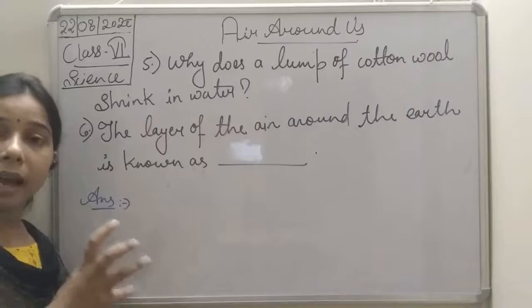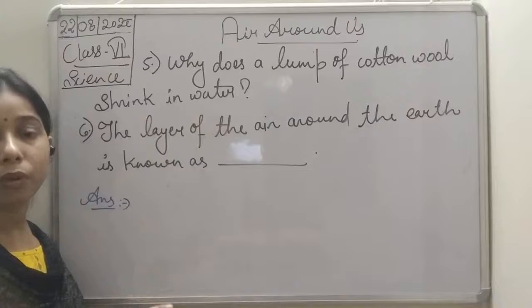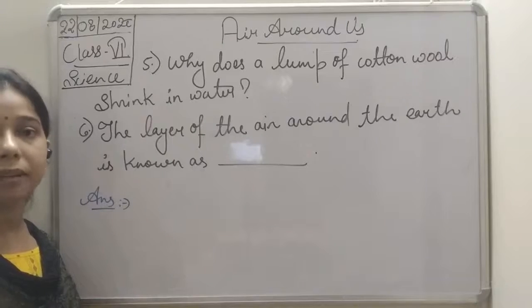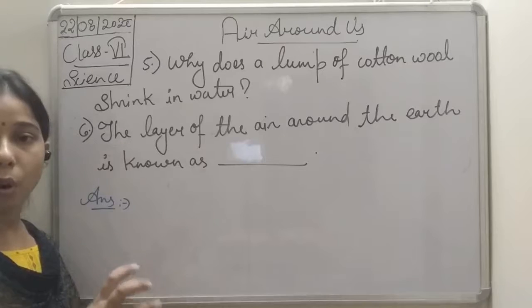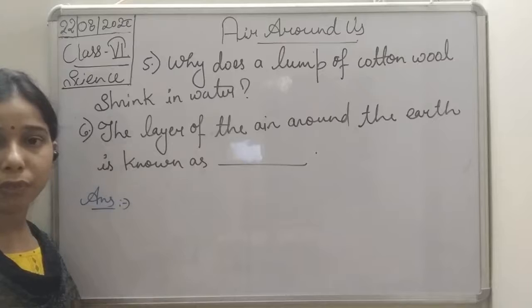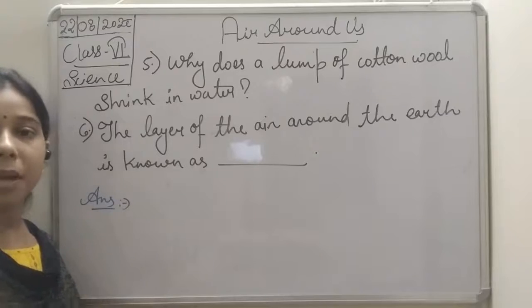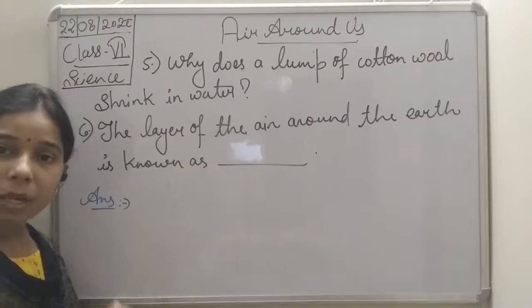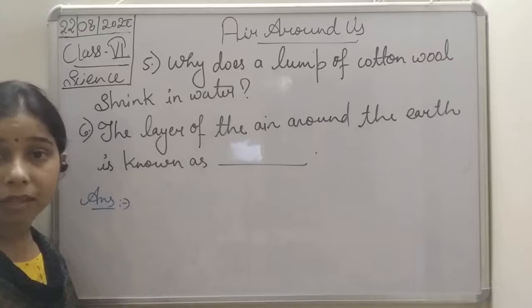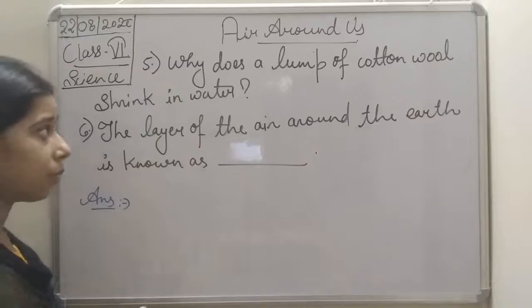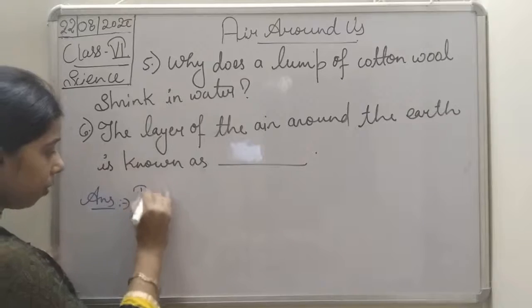But when you take that lump of cotton wool and dip it in the water, you will observe that the air present in the cotton wool gets replaced by the water. Now air is replaced by the water, due to which it becomes heavy, and finally it will shrink in the water. So we can write it: before